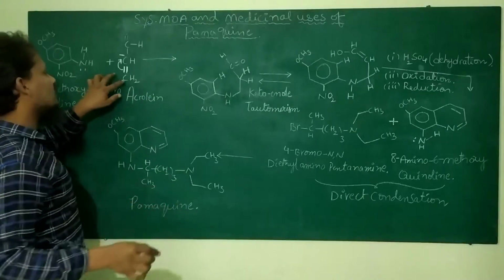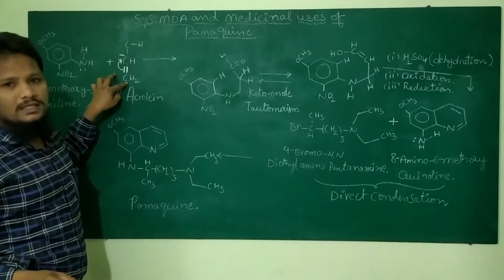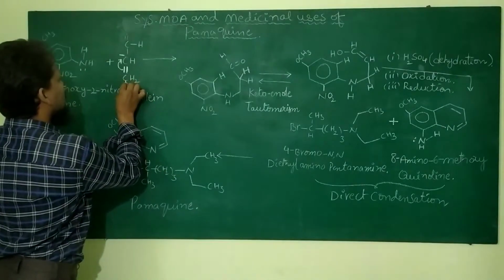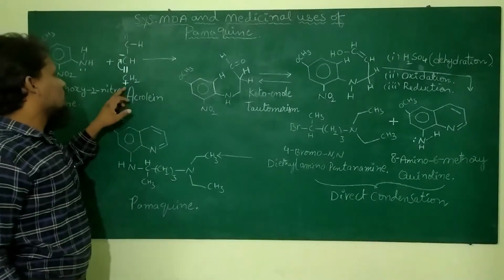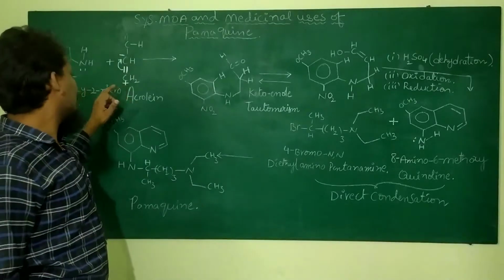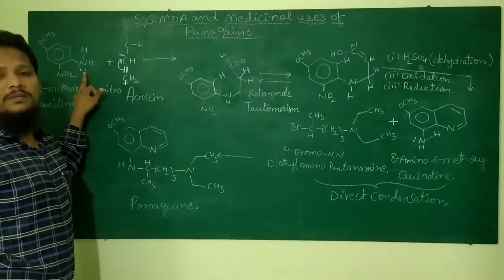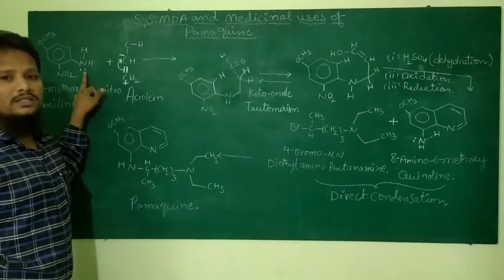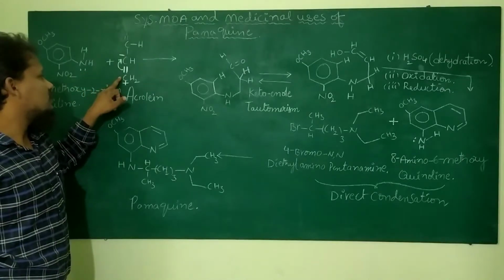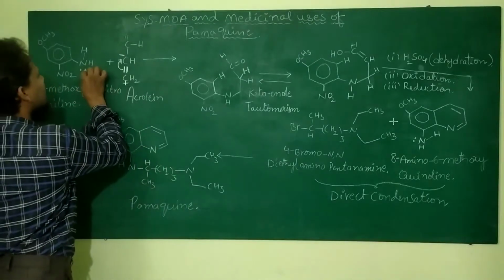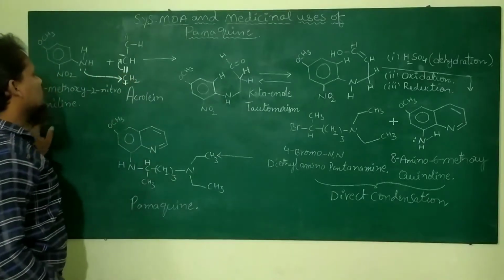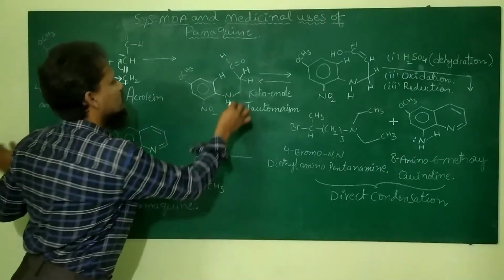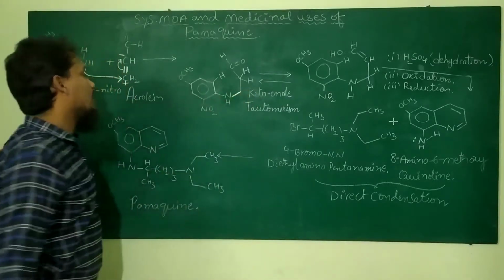So electron density on this carbon decreases. That is indicated with a positive charge. Positive means it is electron deficient. So here the nitrogen has a lone pair, meaning it is electron rich. The electron rich nitrogen donates its electrons to the electron deficient carbon, right? So a nitrogen carbon bond will form. This is the nitrogen carbon bond, right?